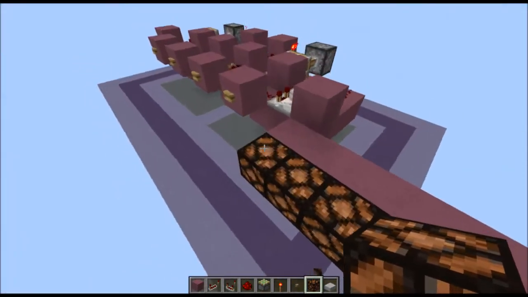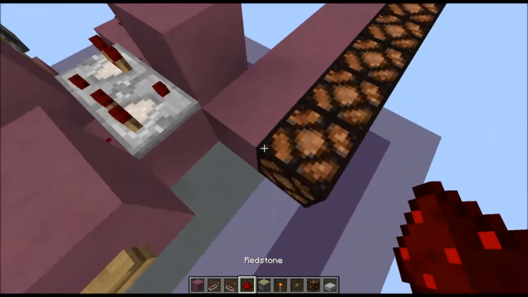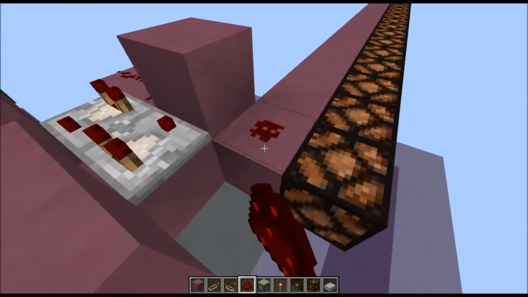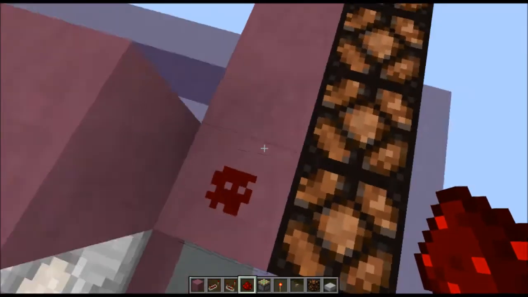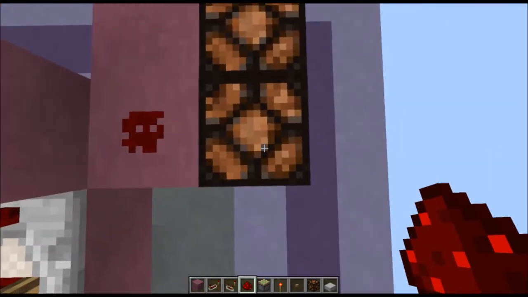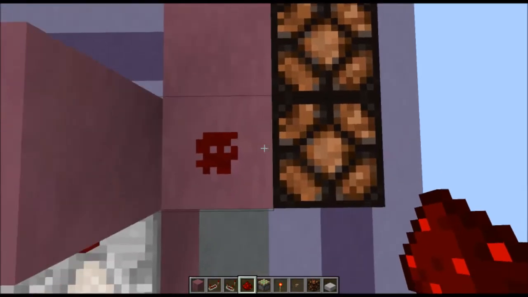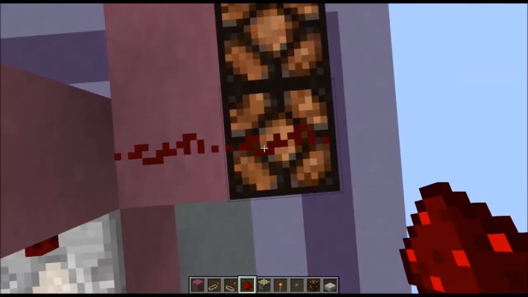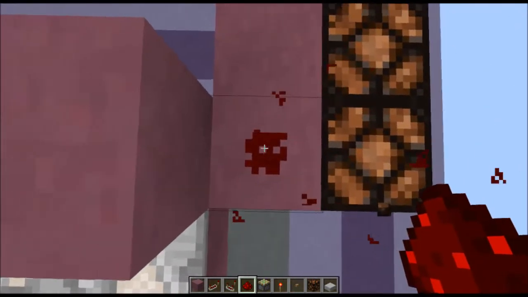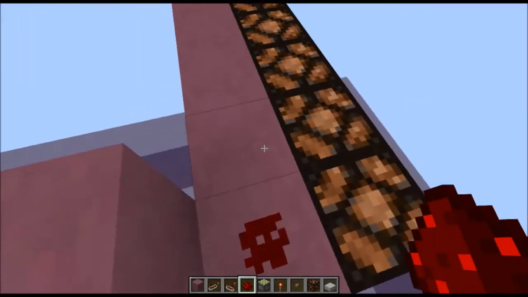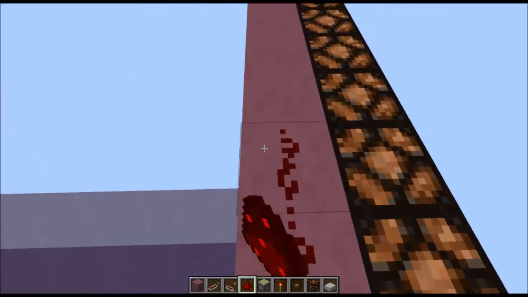And a lot of misplaces. Now lamps are sort of like comparators, so if a block is powered, they can receive a signal from a powered block. So this one right here will power the one in front of it, but not next to it. If I had the redstone right on top of it and this was powered, it would power lamps next to it. So you want to make sure that you're powering the block behind the lamps,